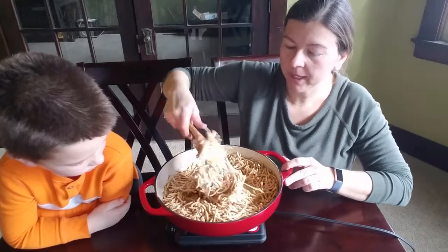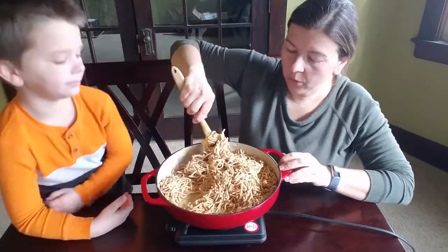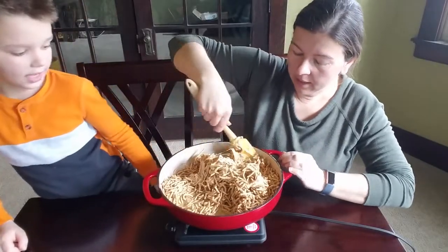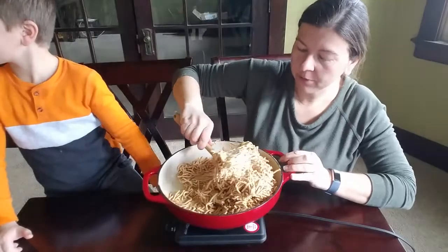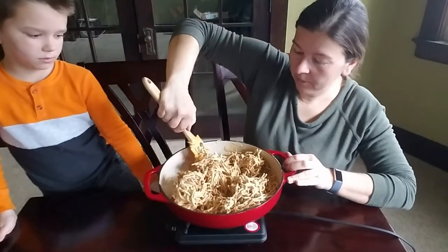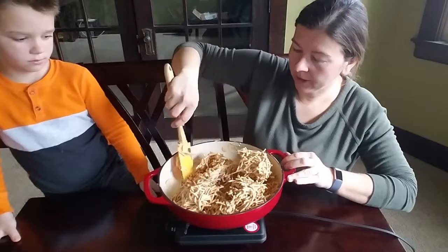We generally make these in huge amounts so that we can share them with everybody. So we use a full bag of marshmallows and then a full bag of the chow mein noodles. And then we generally make several batches. So we plan on making at least a couple today too, but for a smaller batch, go ahead and follow what's on the blog. For a bigger batch like this, just go ahead and use a full bag of each of the marshmallows and